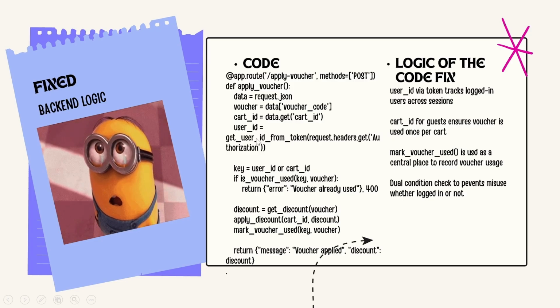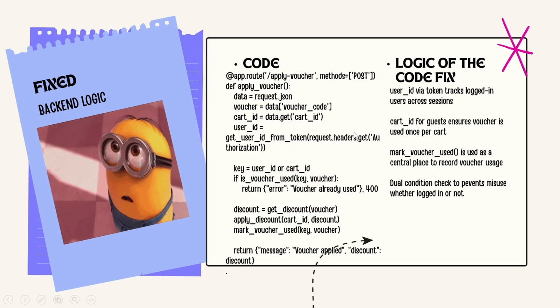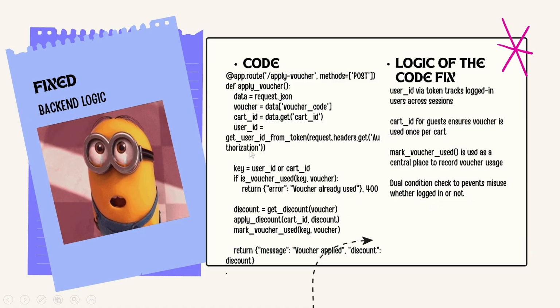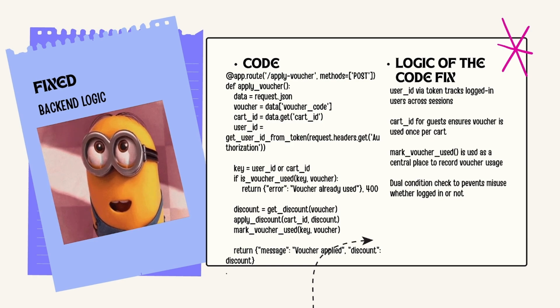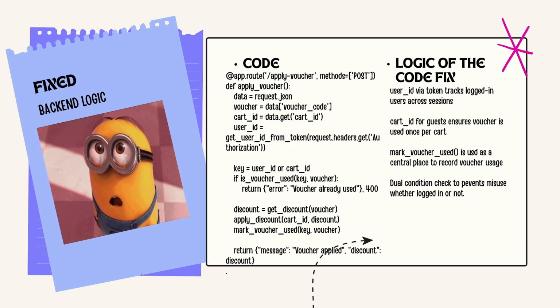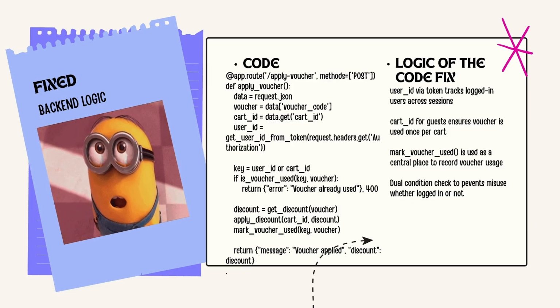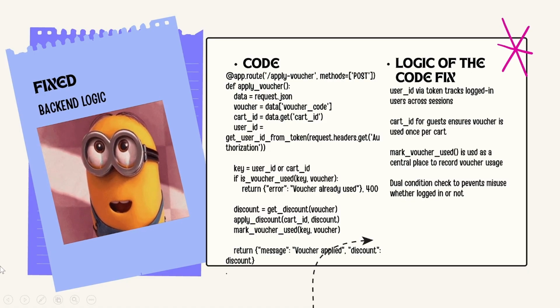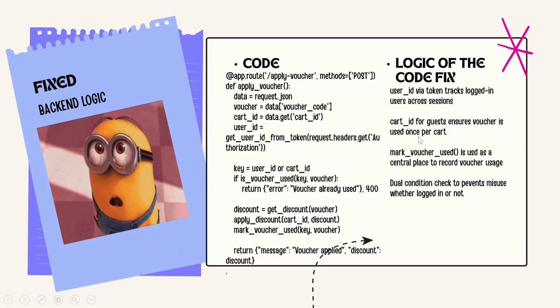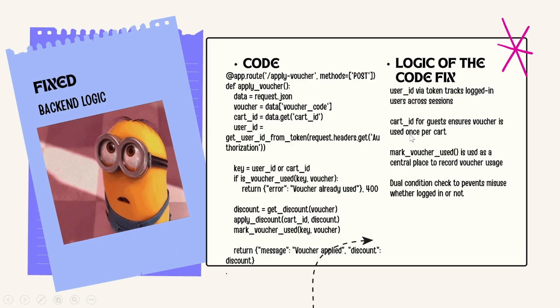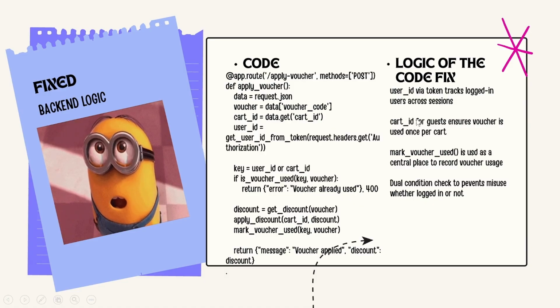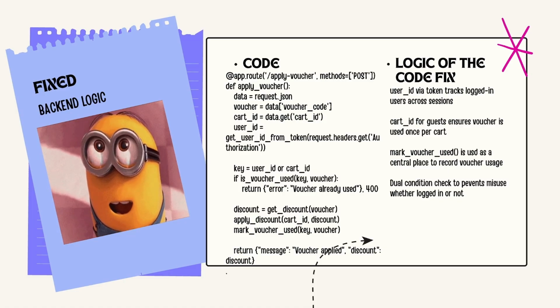If you can see here, this user ID, it is going to fetch the user ID using the authorization token or the session cookie, session identity, session ID. Okay, so it is going to fetch the user ID, and it is going to log that discount against that user ID. And in case of a non-logged in user, it is going to collect the cart ID, and it is going to log the discount to that particular cart ID,